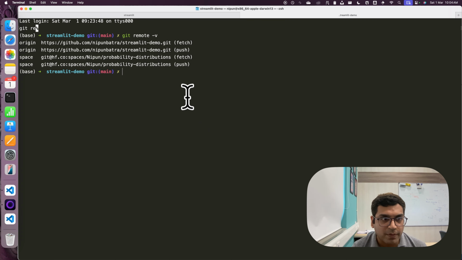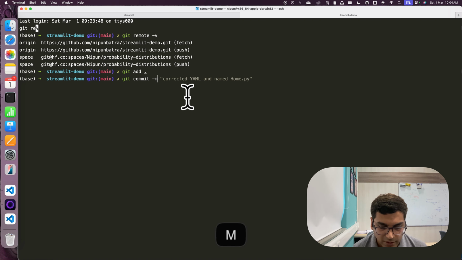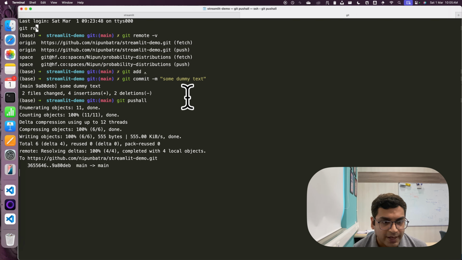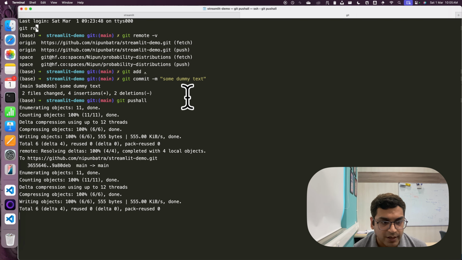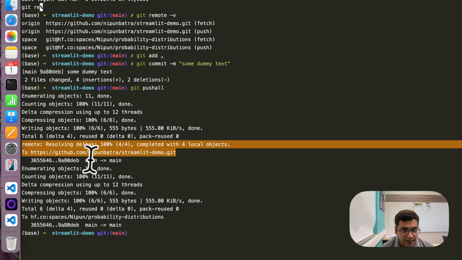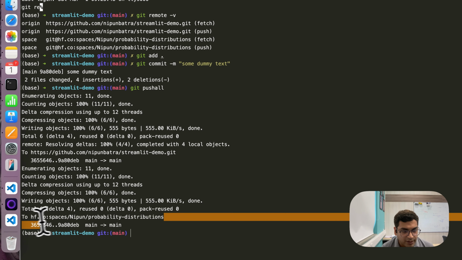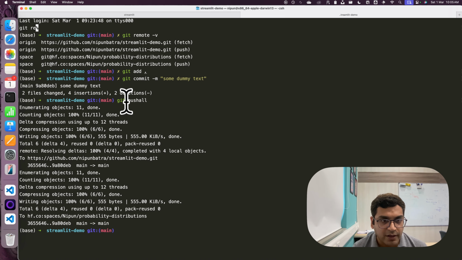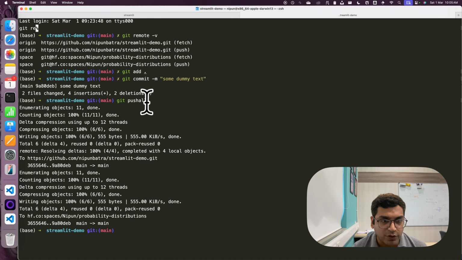I will just go to my Git on the terminal. I will just modify the changes, add a simple message, some dummy text. Now I will do git push all. You might not have seen this git push all command earlier. Interestingly, if you notice, I have pushed my content to my GitHub repo. I've also pushed the content to this Hugging Face spaces. So in one command, I've pushed my updated commits to both of these